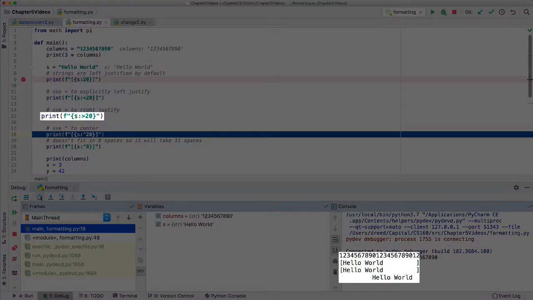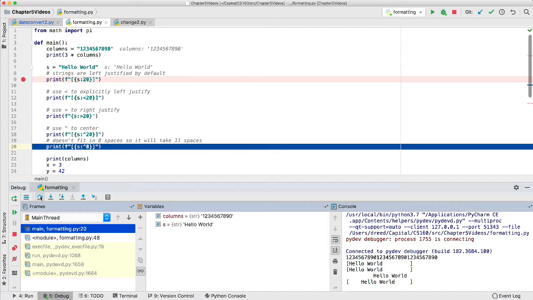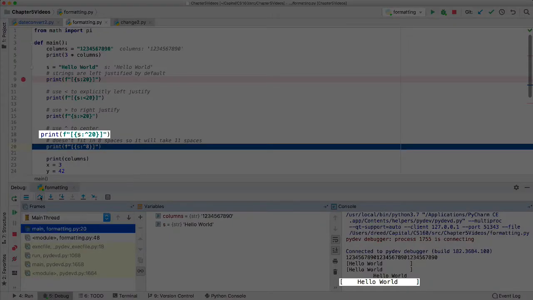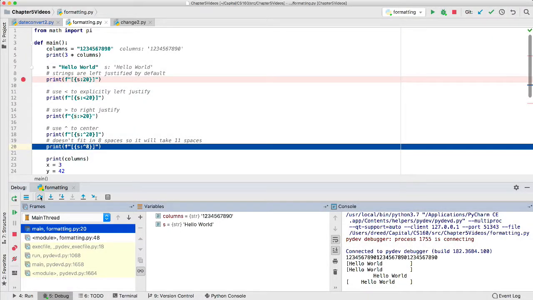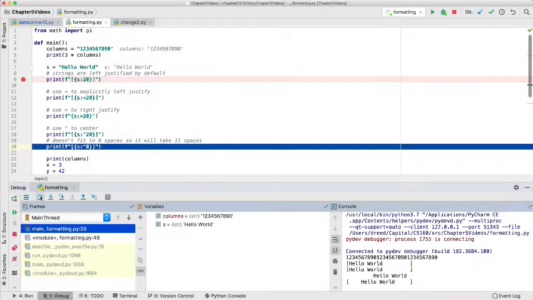As you should expect, the D ends at column 20 since it is right justified in 20 spaces. The caret symbol is used to center a string. I've used the square brackets again so you can see that spaces are placed both before and after the string to center it. In this case, we can't center it equally, so there are 4 spaces before the string, then 11 characters for the string, followed by 5